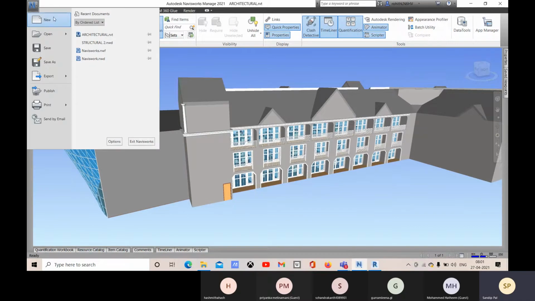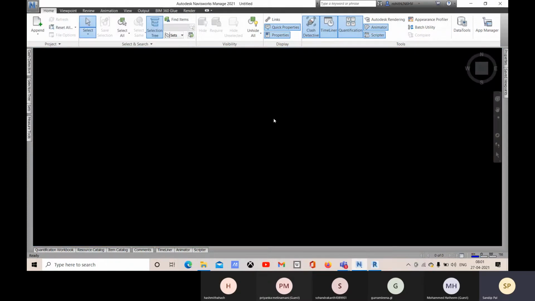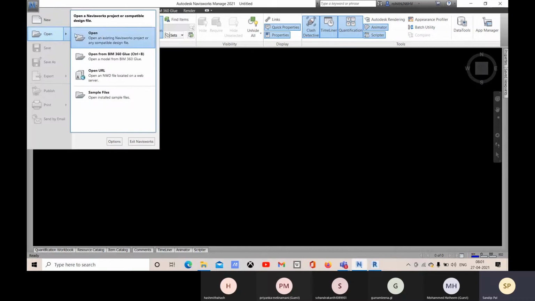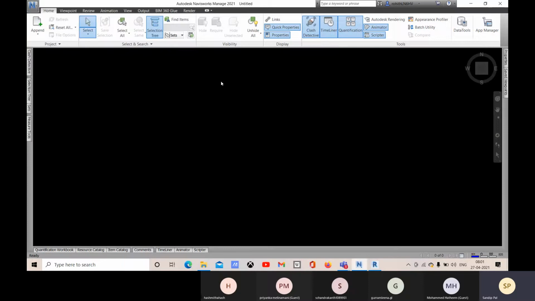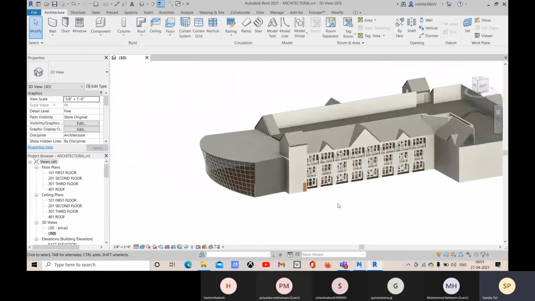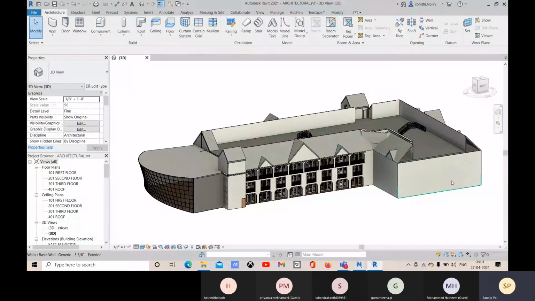So again, you have to create a new file. So right now we have a new blank file. Nothing is inserted. Okay. So after that, you can directly open any NWC files. So suppose you have this Revit file and you can generate an NWC file from your Revit. So for that,